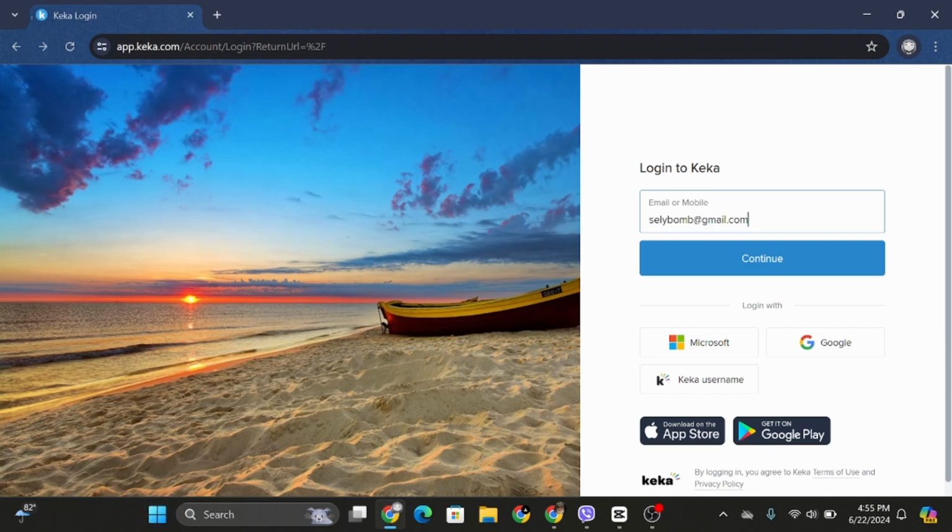After you type in your email, go ahead and tap on continue. And then in the next page, you'll be asked to enter your password. Go ahead and enter your password and then click on login. And that's it, guys. That's how you'll be able to log into your